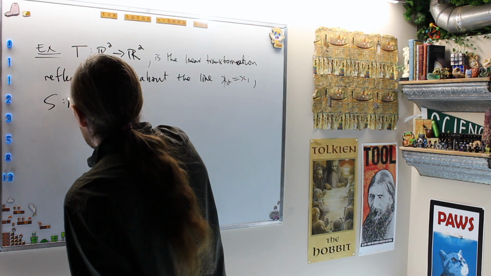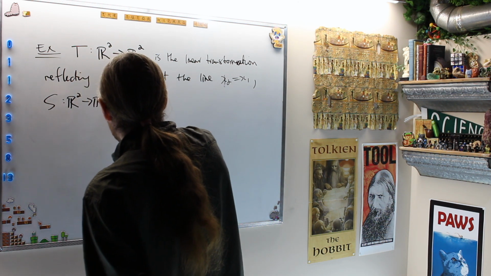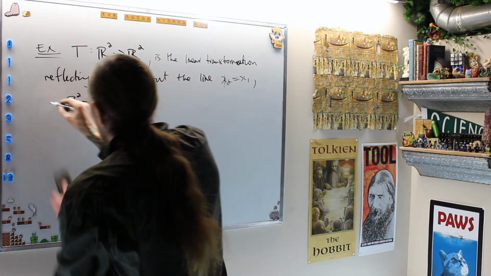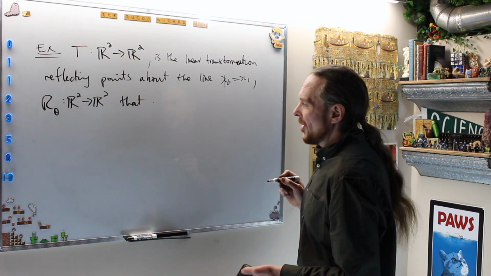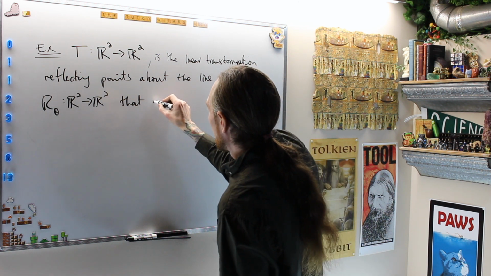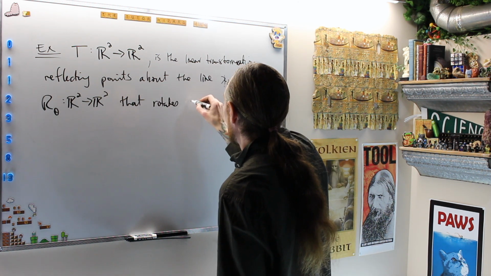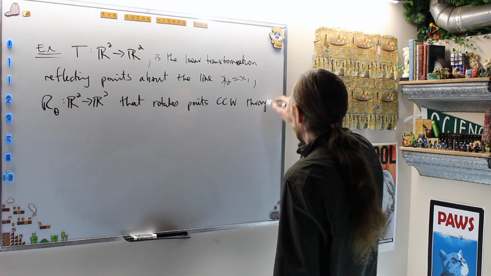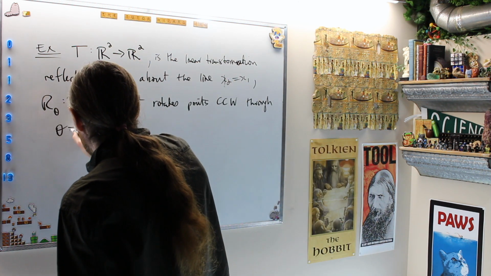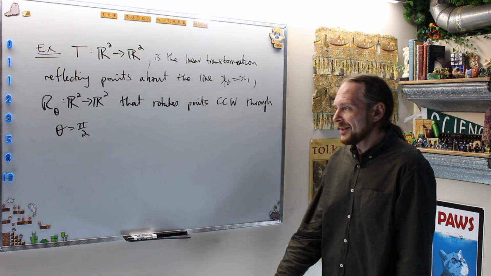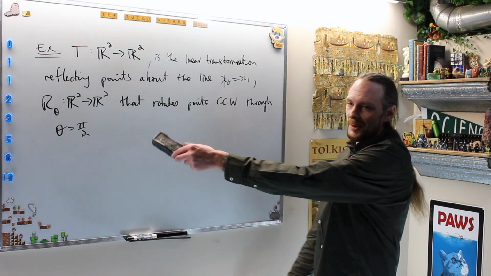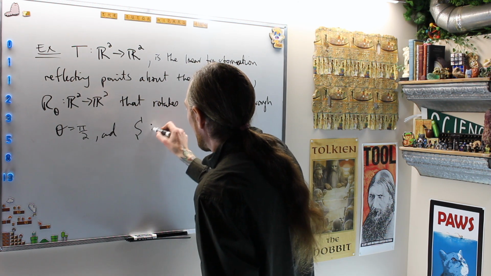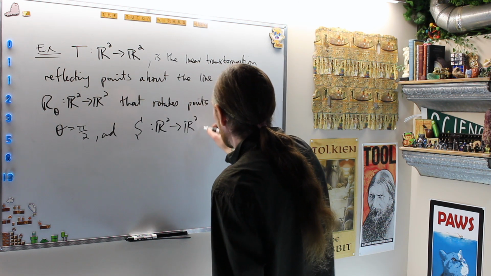Let R theta be the operator from R2 to R2 that rotates points counterclockwise through, let's be nice to myself, theta equals pi over 2. I'll be nice on the exam and tell you what the cosine and sine values are. One of them is going to disappear, which is nice. Cosine will disappear. Finally, let S from R2 to R2 be